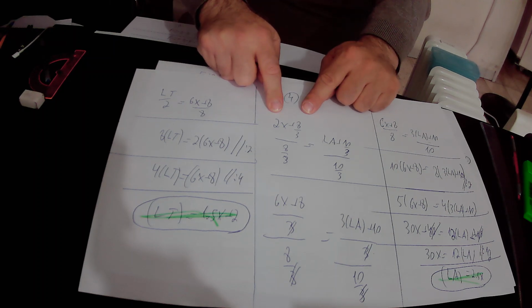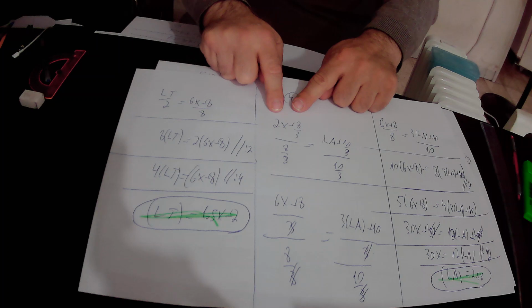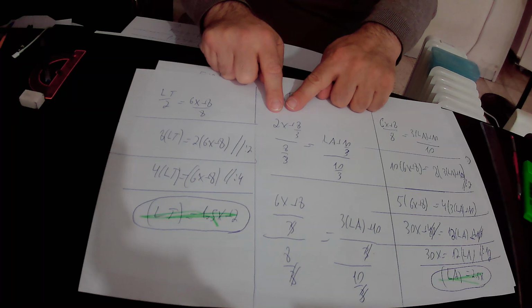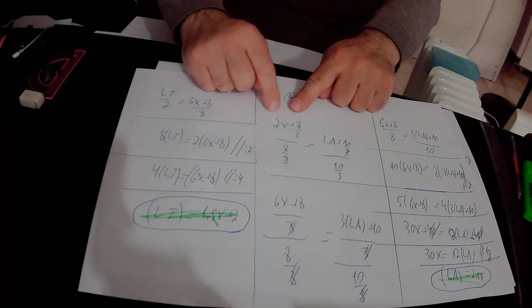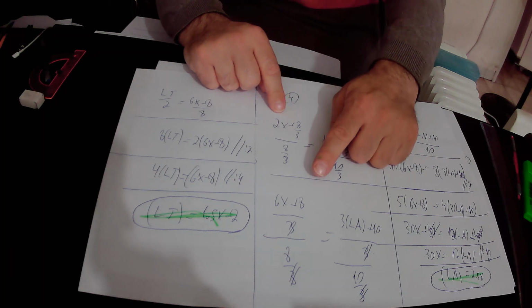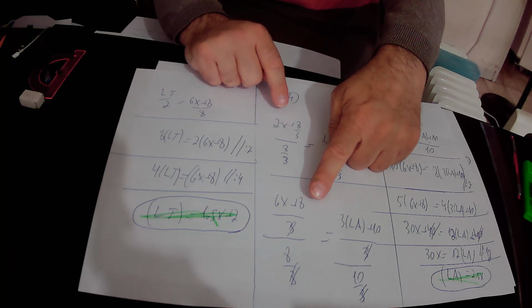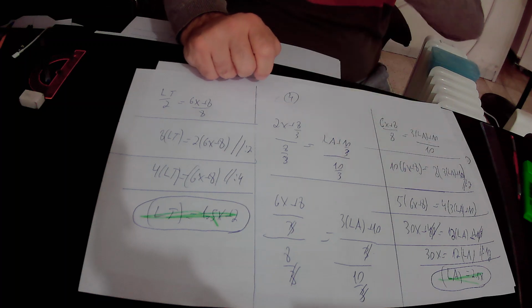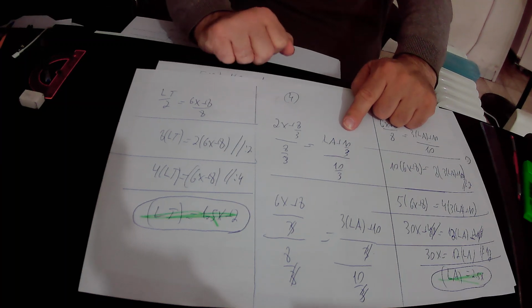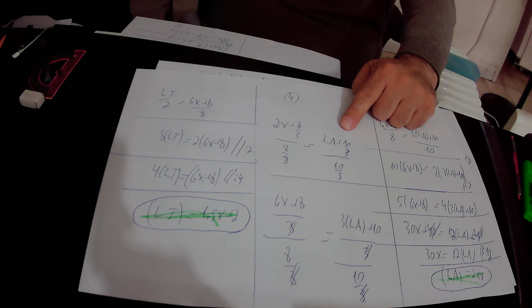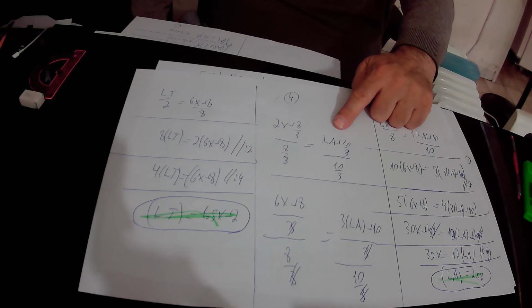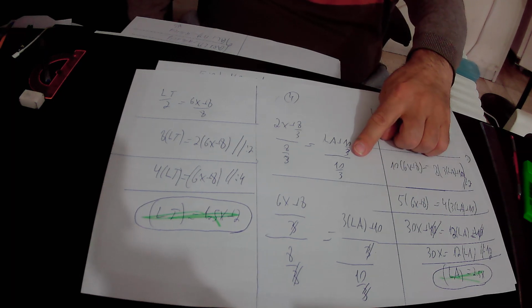So here we have 2x plus 8 over 3. We multiplied 2x by 3 and then we divided by 3 in order to overcome a factor with 8 over 3. 2x times 3 is 6x, so in total in the numerator of this expression we have 6x plus 8 divided by 3 and all divided by 8 over 3. And it equals LA plus 10 over 3. Here we multiplied LA by 3 and then we divided by 3 in order to overcome a factor with 10 over 3. So 3 times LA is 3LA. So in total, in the numerator of this expression, we have 3LA plus 10 divided by 3, all divided by